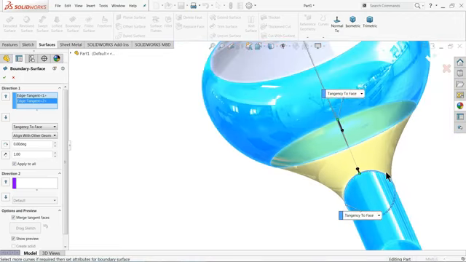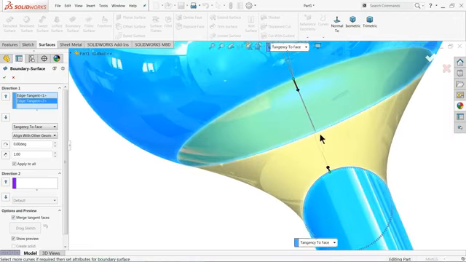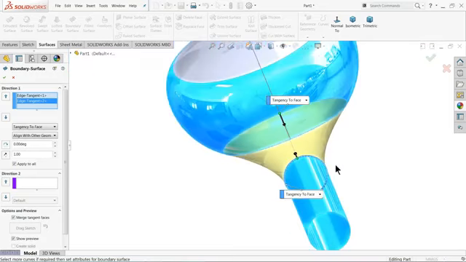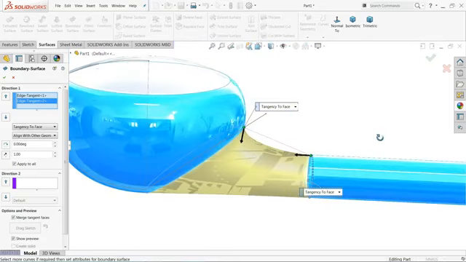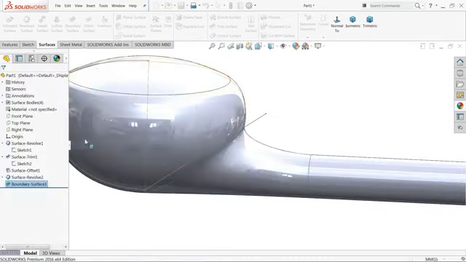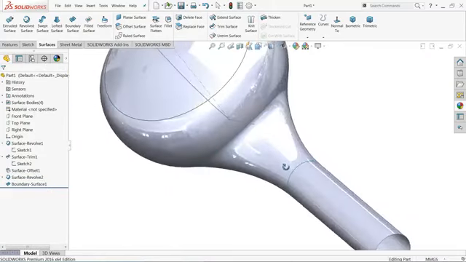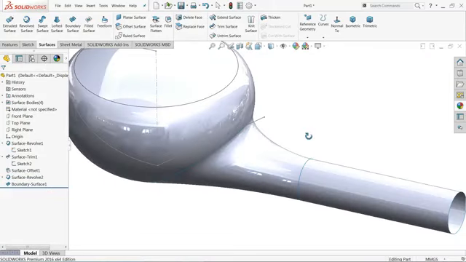Make sure this is okay. A little here and there is no problem, but make sure it is in one line so that our geometry will come out perfect. Okay, now see, look, it's nice.